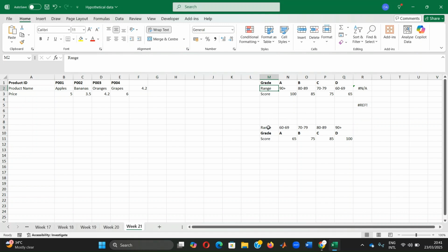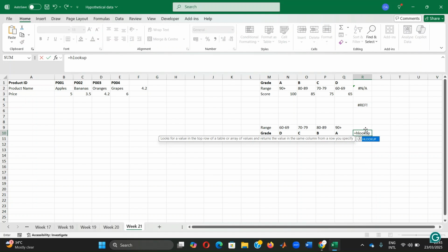What we're dealing with is the range and it has to be in ascending order. We want that of course to be followed by the grade. The worst grade should be D, and then C, B, A. So we call up the HLOOKUP function and in the inverted commas we insert the number associated to the grade we're interested in. So 85,